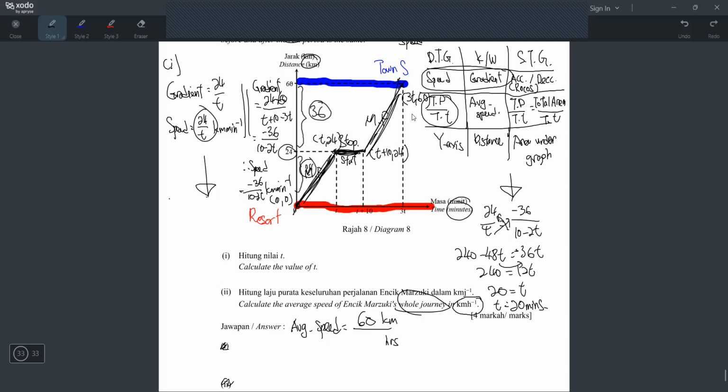But I want you to know that if I draw a line like this, then the total distance becomes 120 already, because this means moving backwards. So it's like moving forward 60, then moving backwards 60, then it will be 120. For other lines it is like that, but this one doesn't have it. So the total distance is 60.